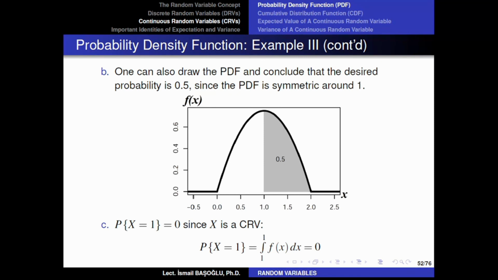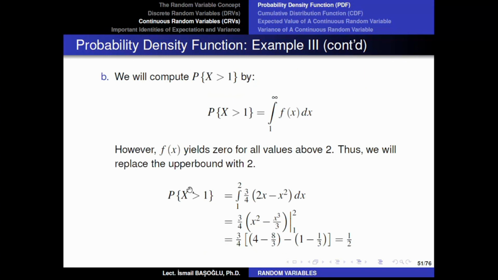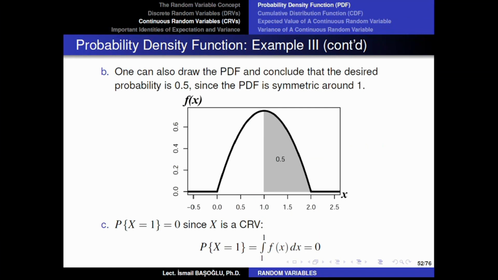In fact, you can also find it as the complement probability, right? If you know that this probability is 1 over 2, you can also determine the probability of x being less than or equal to 1 as 1 minus 1 over 2. Because we know from the first proposition of probability that the complement event's probability can always be found by subtracting the original event's probability from 1. Okay, and the final question is a simple question.